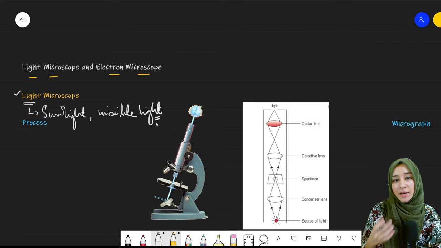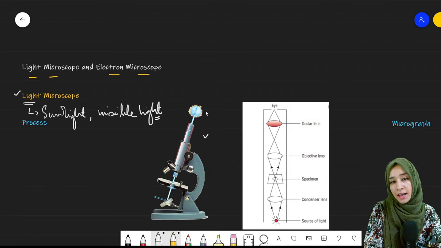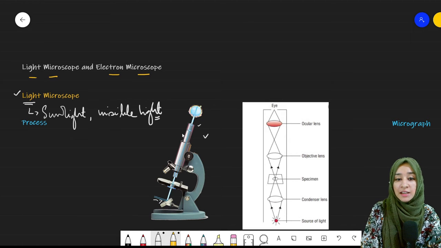Clear? What happens is, this is a light microscope. Inside a light microscope there are lenses. This is our eye. We see through the eyepiece. There are a number of lenses. This is the stage on which a specimen is present, and light is coming, reflecting through this mirror. This mirror is basically reflecting the light onto the specimen, and thus it is illuminating the specimen, and the lenses will magnify it, and those magnified images will be seen through the eye. Clear?